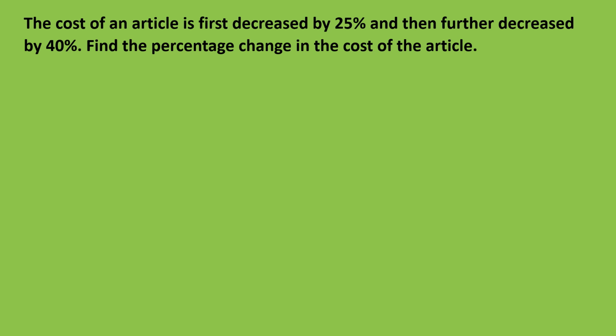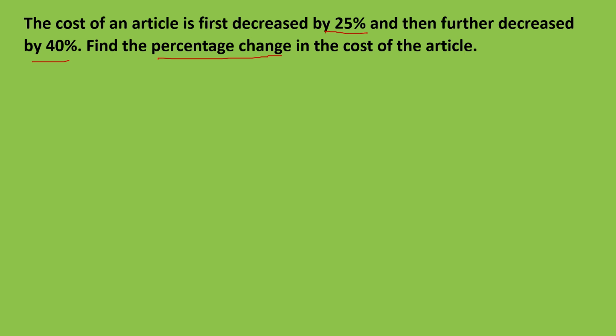Here the question is, the cost of an article is first decreased by 25% and then further decreased by 40%. So here we need to find the percentage change in the cost of the article. This is the question. Already I have solved this question in a logical manner. I have given a link of that solution, but here we are going to use the formula to find